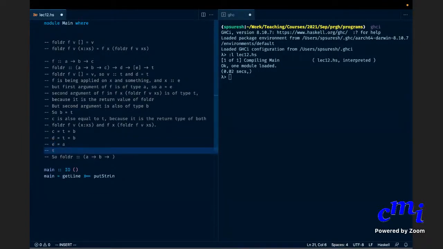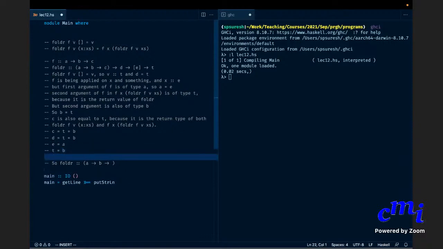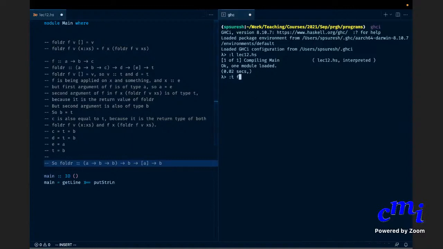And T is B. So finally you can write the type of foldr as A -> B -> B, instead of C use B, then instead of D the initial value again use B, instead of list E you can say list A, and instead of T you can say B. So this is finally the type of foldr. If you ask for the type of foldr, you will get this.